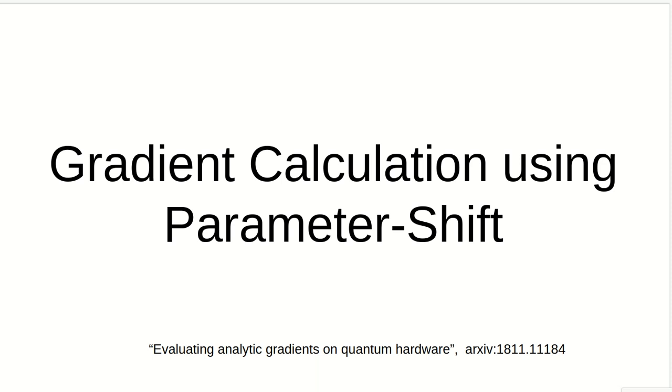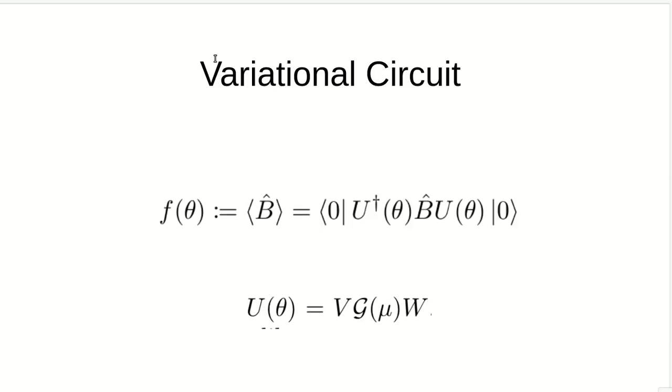So in the next set of videos, we'll be discussing how to calculate the gradient using the parameter shift rule. These videos will be based on this article. In general, a variational circuit can be represented in this functional form, where this function